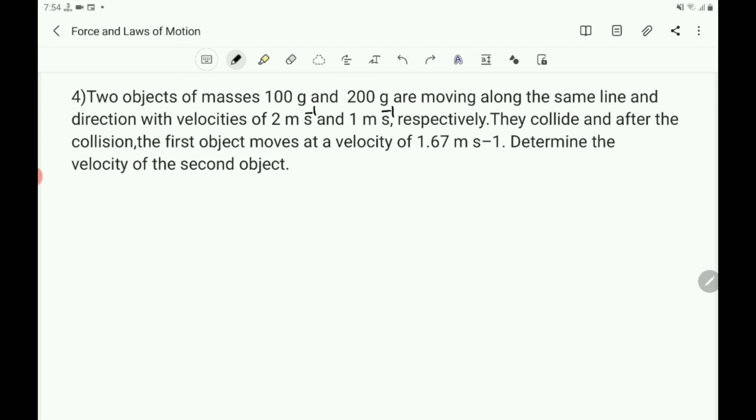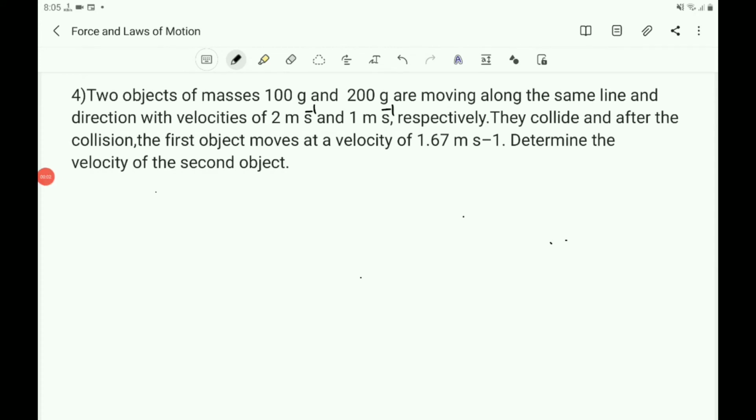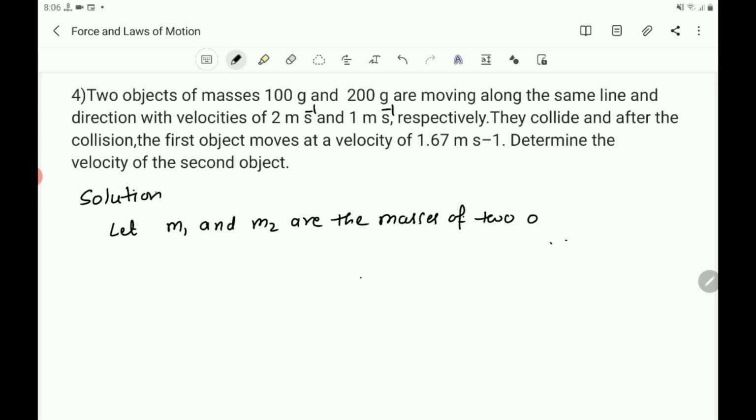Here, let us take m1 and m2 as the masses of two objects moving along a straight line. So you take two objects. Now let us consider the masses of the two objects are m1 and m2. So you write the solution here. Solution. Let m1 and m2 be the masses of the two objects,